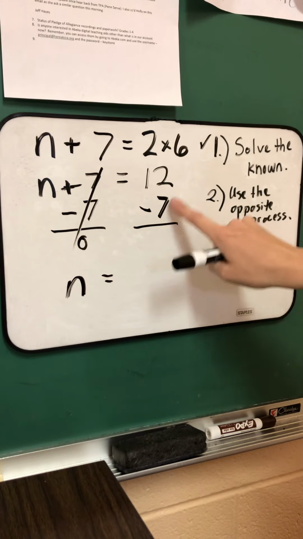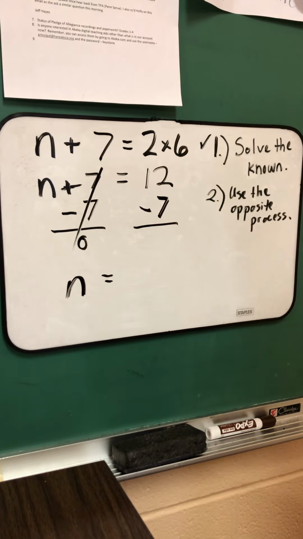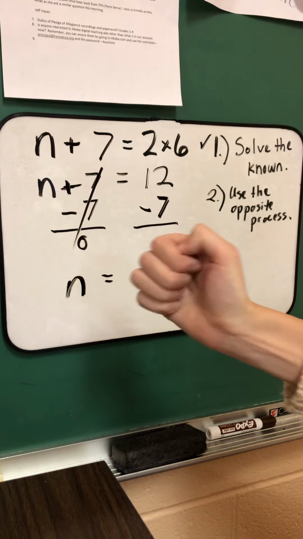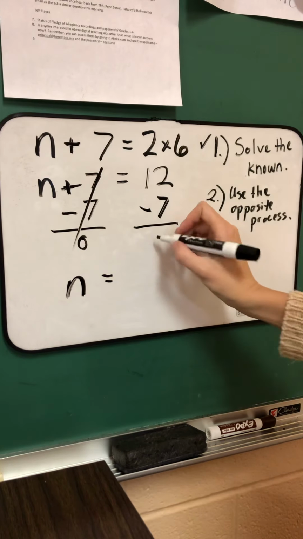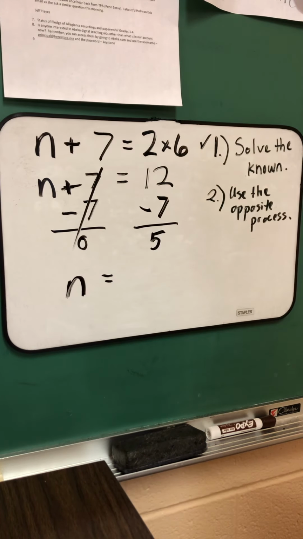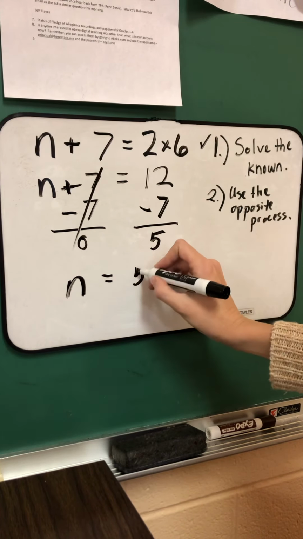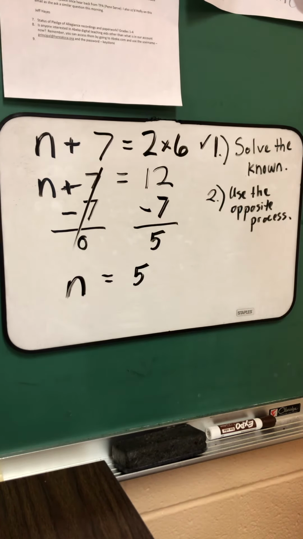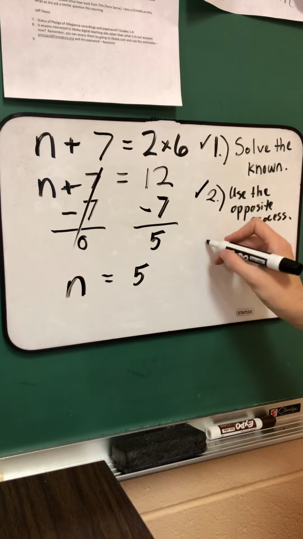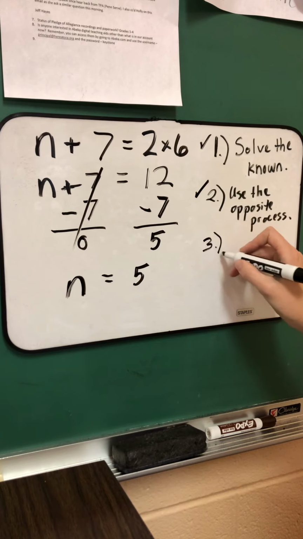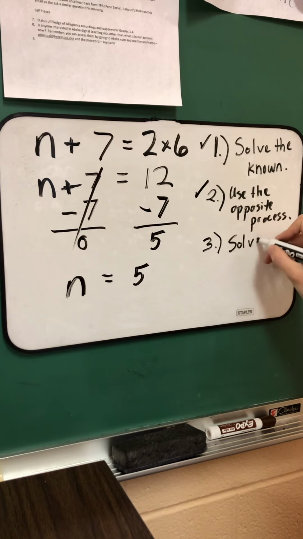But over here, what is 12 minus 7? We can count backwards. 12, 11, 10, 9, 8, 7, 6, 5. Let's bring this down here. N equals 5. So we used the opposite process, and we also did step number 3, which is to solve. You want to solve the problem. We did both steps